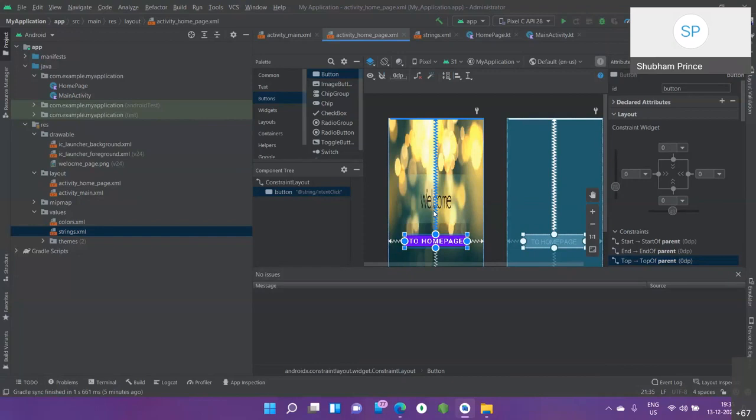Okay, let's go. So there are two types of intents. When we talk about intents, there are two types: one will be implicit, and the other will be explicit. Now in implicit, we are presenting some activities from another app or some system feature.